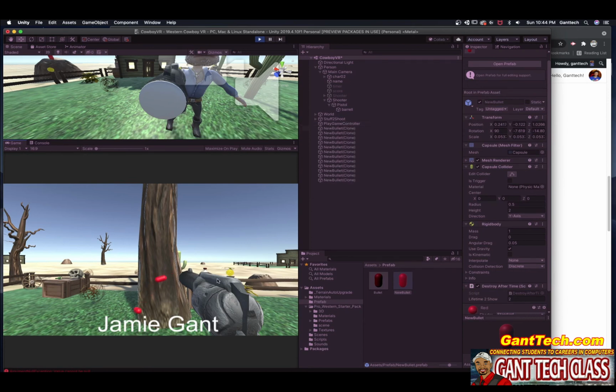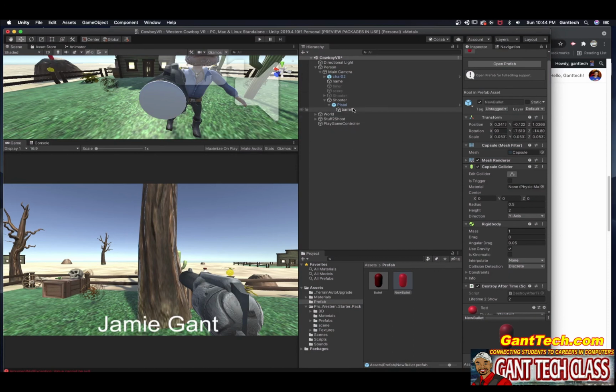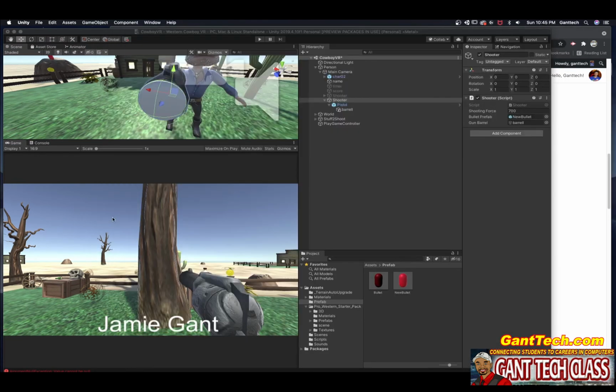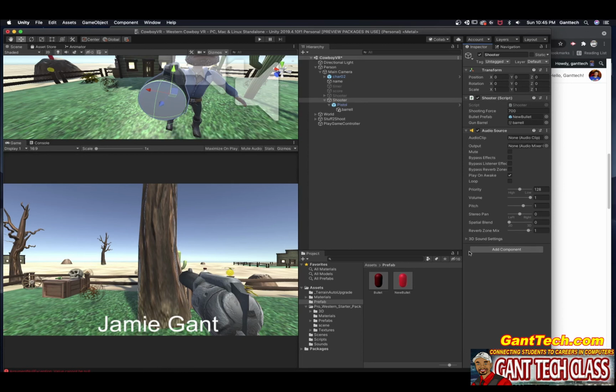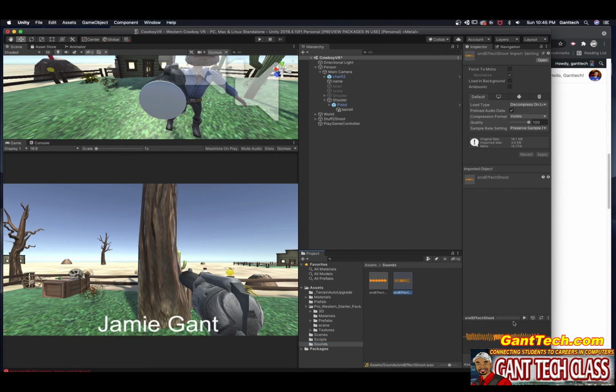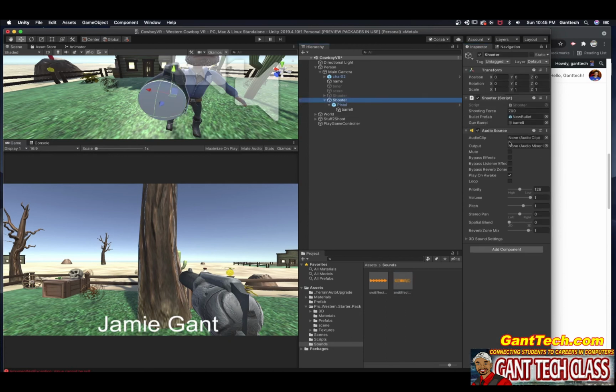So this has been the very easy tutorial to show you how to do that. Now there's one other thing that we are missing. It needs a sound effect, so we need an audio source. For your shooter, you're going to add in an audio source, and then you're going to upload the file that I've given you. You can see here's the sound effect that you're going to use. So I'm going to click on shooter. For the audio clip, I'm going to drag this and put it right in there. So now when we press play,